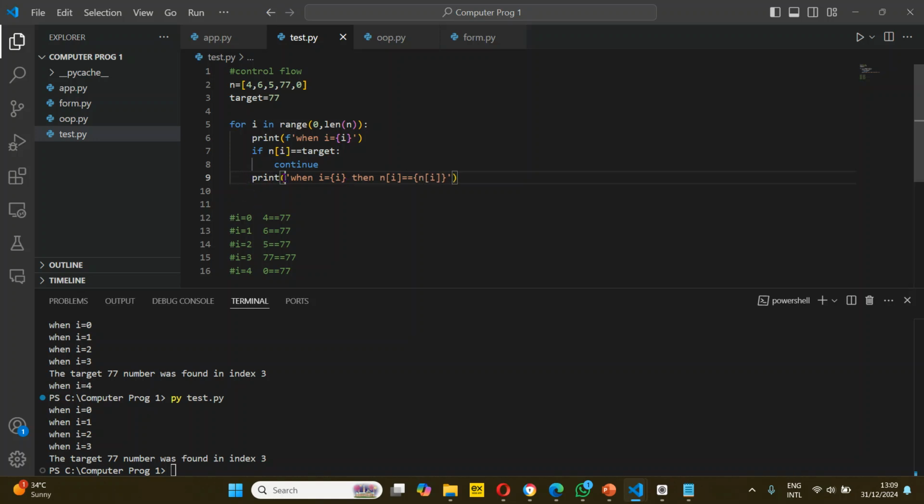So let me pass the format here. Let me remove this. I just want to show you guys what continue does here. So let's run this and see,